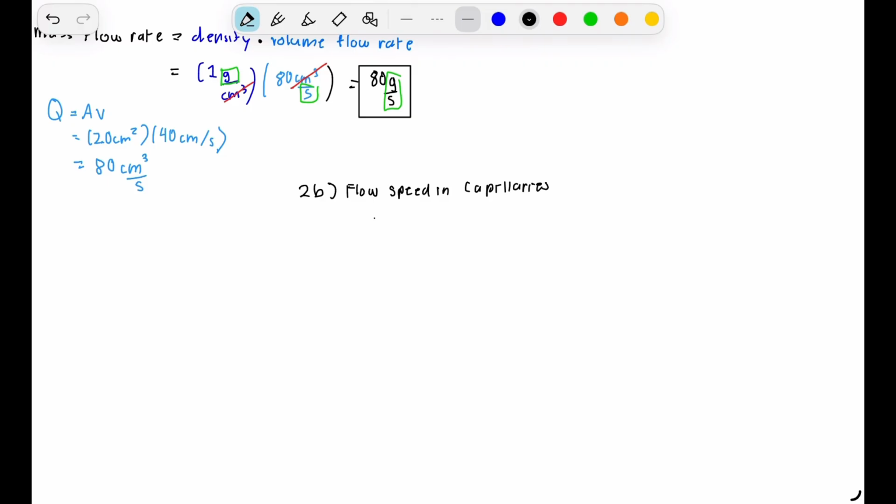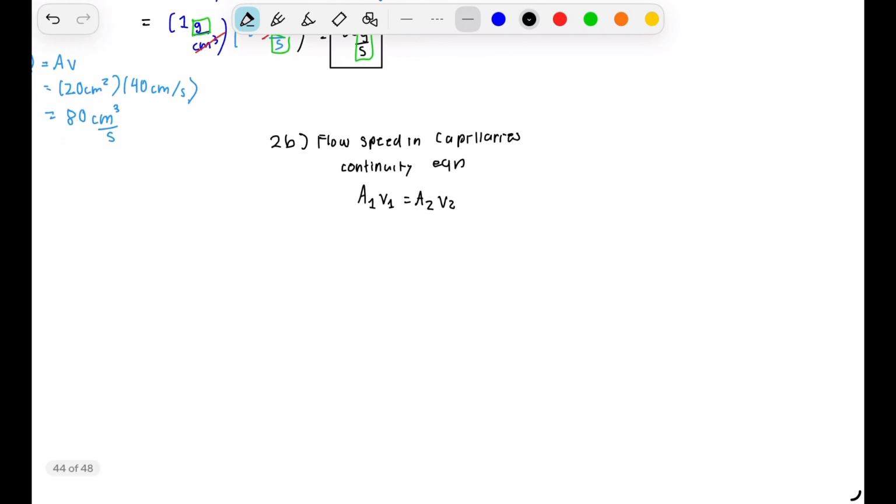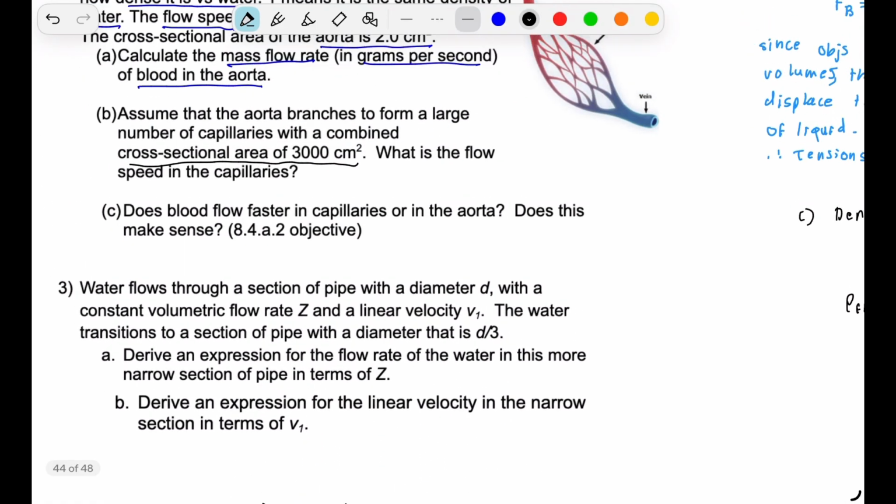So we can use the continuity equation, which states that area 1 times velocity 1 is equal to area 2 times velocity 2. So what we want to find is in the capillaries,